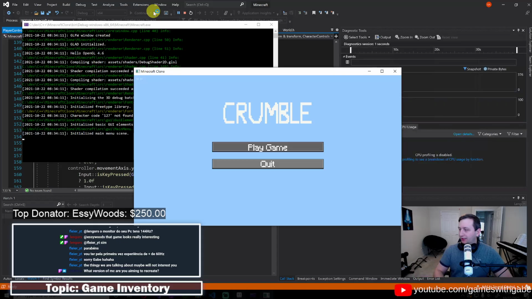What version of Minecraft am I aiming to recreate? The earliest version. So what I'm doing here, for those of you who are a little bit newer, is I'm basically coding the basics of a Minecraft clone, just getting some basic world generation, inventory management, block breaking, that type of stuff. Sort of the core of the game. And then I'm going to be making a YouTube series that goes over how to code it. So it'll be more targeted to a more general audience,